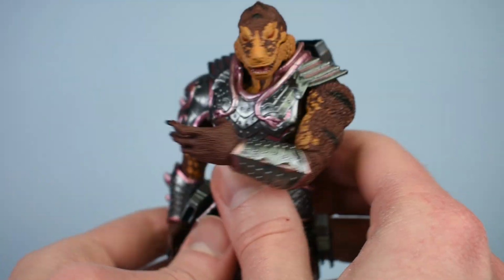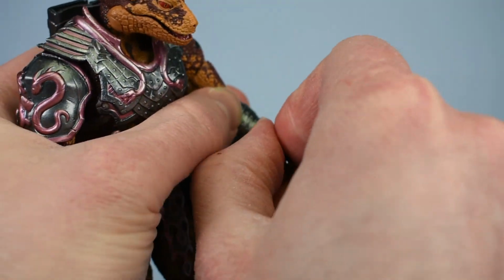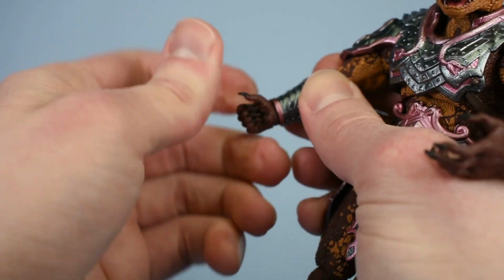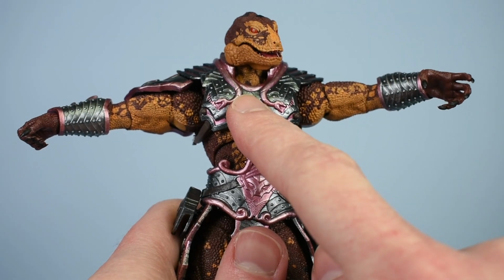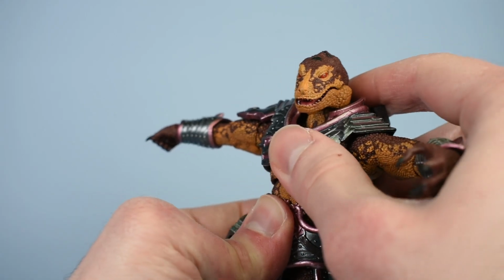That is something to note. And then at the wrists, you get the swivel, and then horizontal hinge on the open hand, and the vertical hinge on the gripping hand. At the torso, there's a ball peg at the diaphragm, and then a ball peg at the waist. So just at the top here,